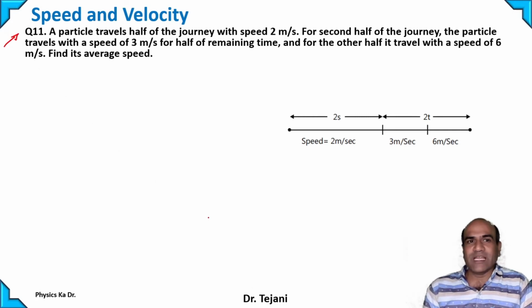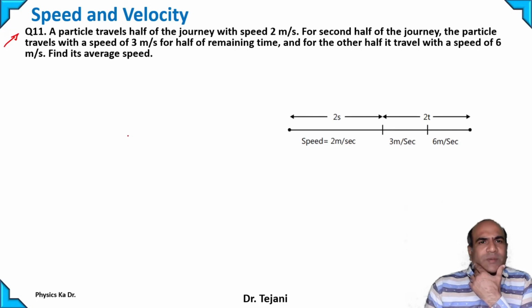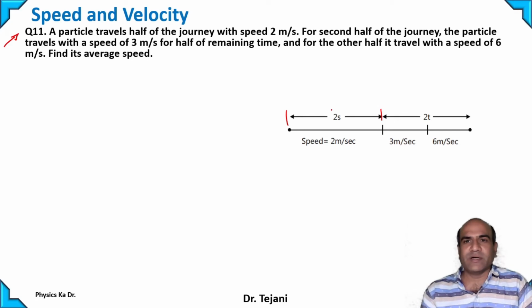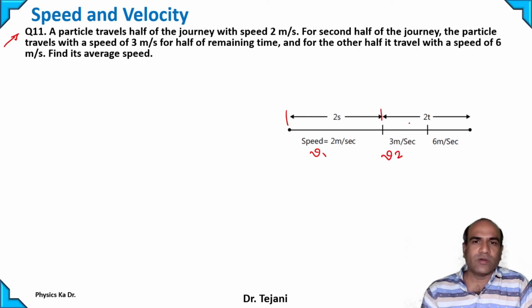So question number 11, you can take this question and solve it by yourself. Why not? Similar questions were solved previously. A particle travels half the journey at speed 2 meters per second. This is V1 given. For the second half of the journey, the particle travels with the speed V2 for half of the remaining time, and for the other half,